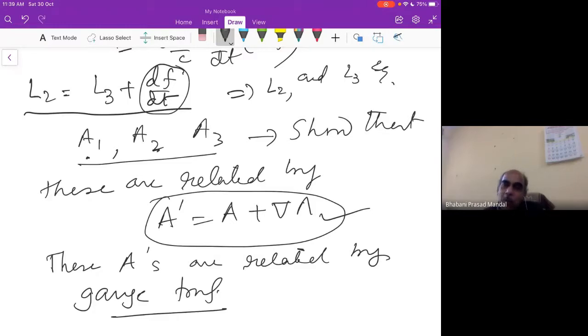Those who are regularly attending the classes, no problem for them. But those who are not attending the classes and are late will be penalized heavily. Those who are regular in class, don't worry about it. But those who are not regular and only appear for the exam, those will be handled strictly.